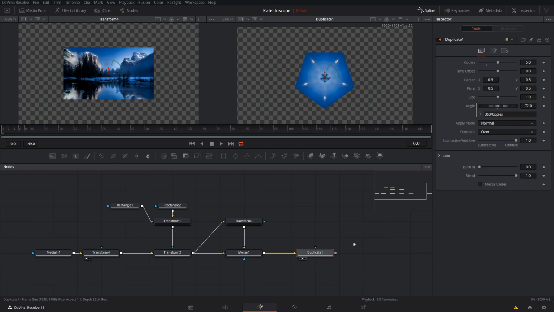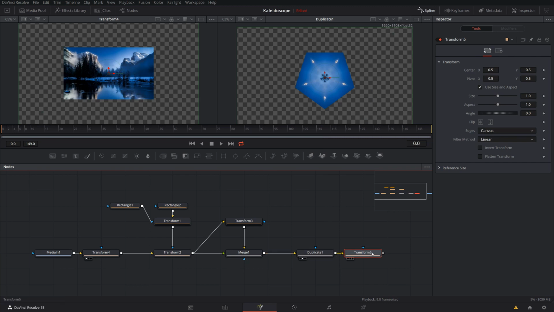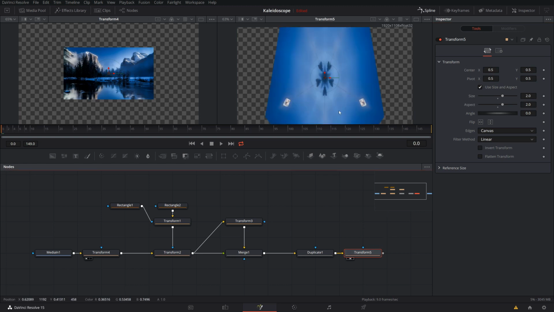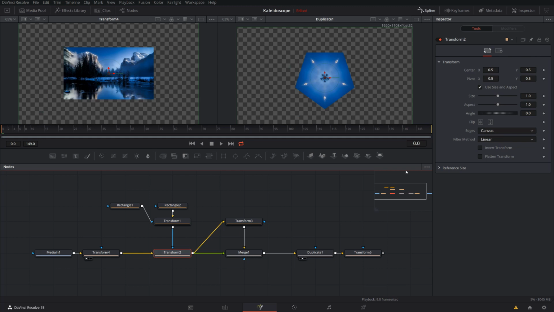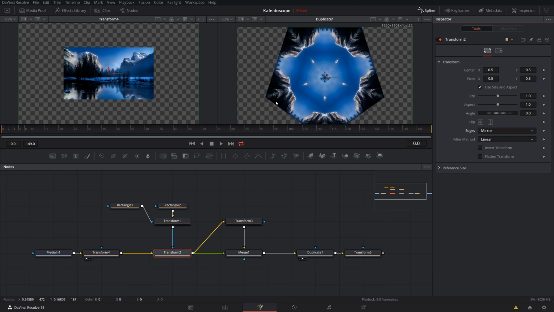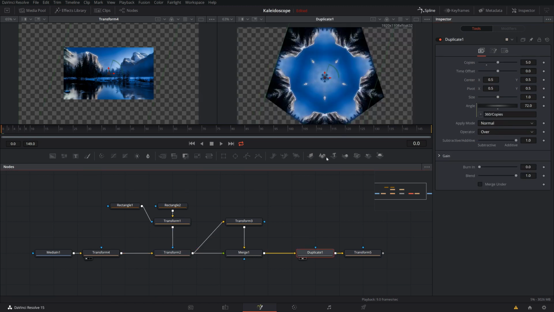And my duplicate is now in the middle. And now I can scale it up again at the end, add again a transform to the end, and double the size again. Then we are back where we started, right? Except that this time, since my space around is larger, if I now activate the mirroring in the transform here, you will see that I mirror outwards and further outwards than I need for my duplicate. So my duplicate now,